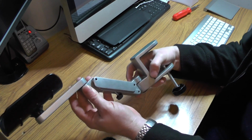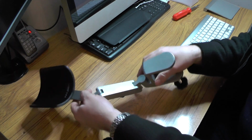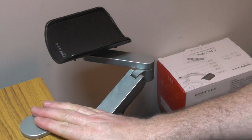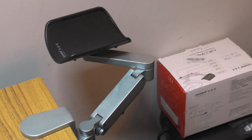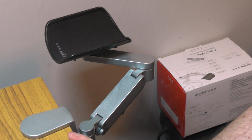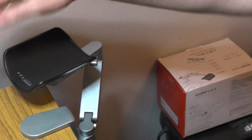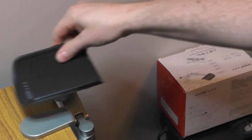So I'm going to now try this on my desk and see if this fits, so let's give that a little bash just now. Okay, as you can see, this does fit my desk, and I have to say that is quite a good thing, because everything I try to screw onto this desk, from lamps and everything else, is quite difficult, so this is really good and it's secure. As you can see, when I opened the box up, I was certainly doing everything in reverse. It's free moving,